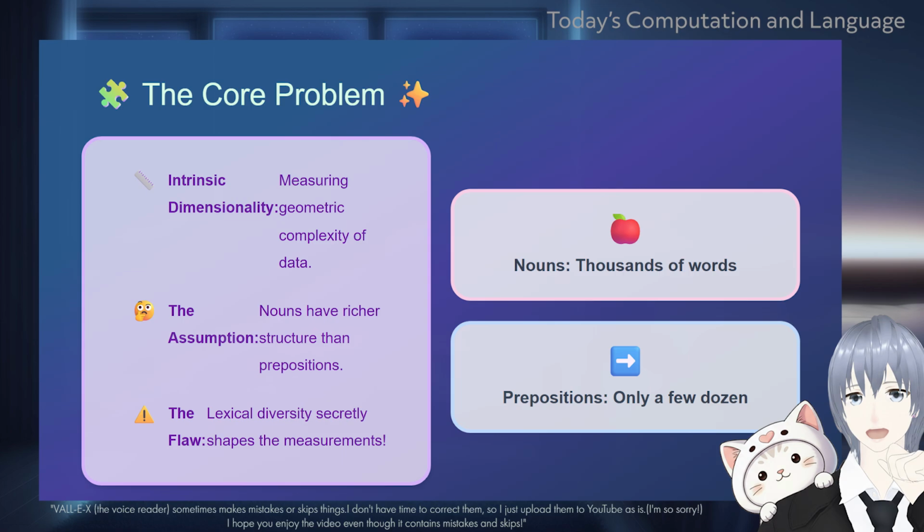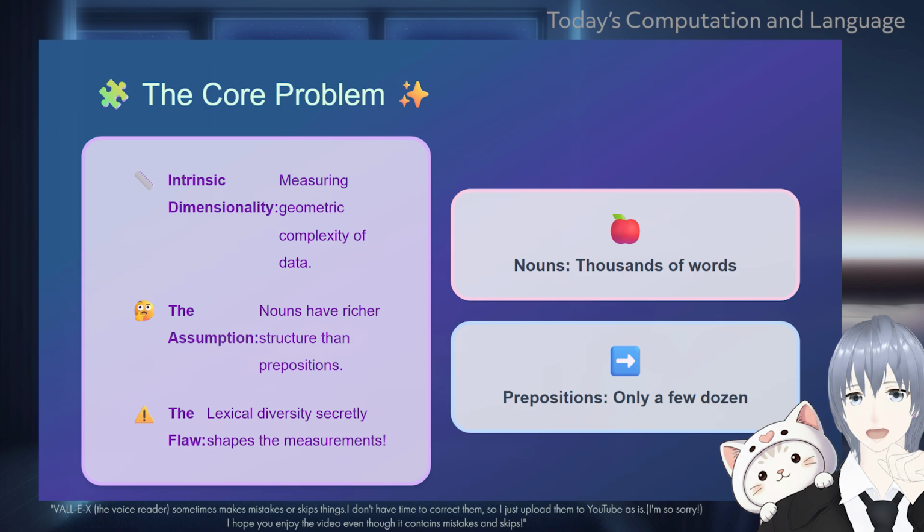When researchers study large language models, they often use something called intrinsic dimensionality. Intrinsic dimensionality is basically a way to measure the geometric complexity of the data inside the model. Almost like figuring out how many actual degrees of freedom the model needs to describe a certain word or concept. People have been using this measurement to probe language models, trying to see how spread out or constrained the hidden states are across different layers.